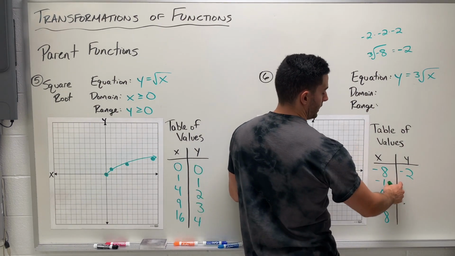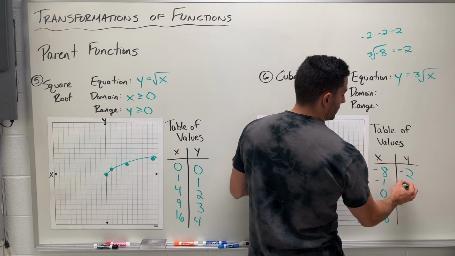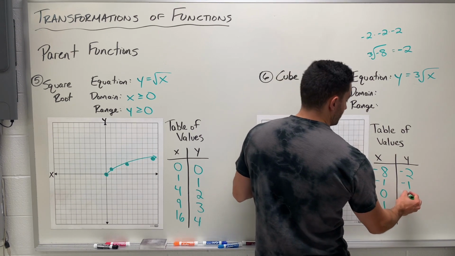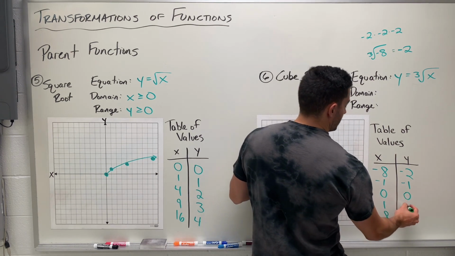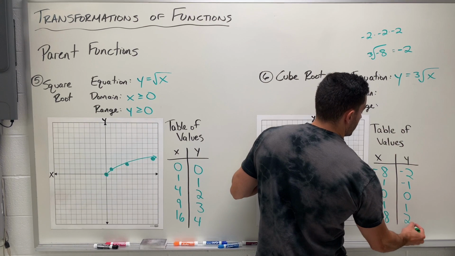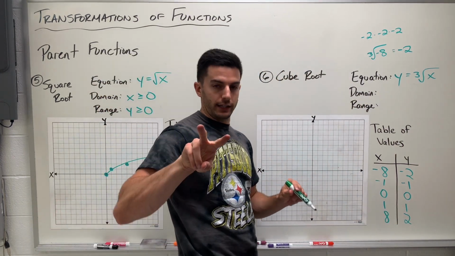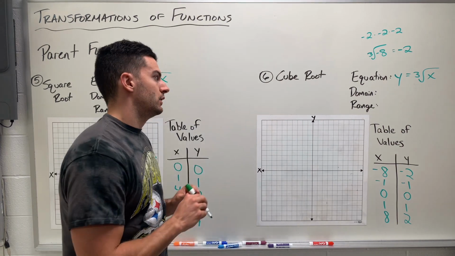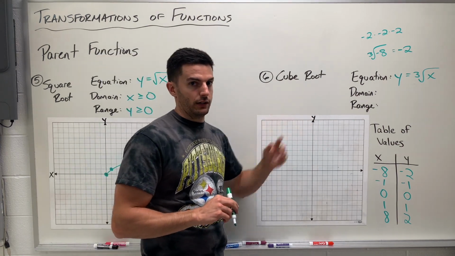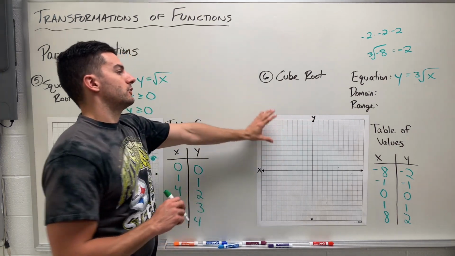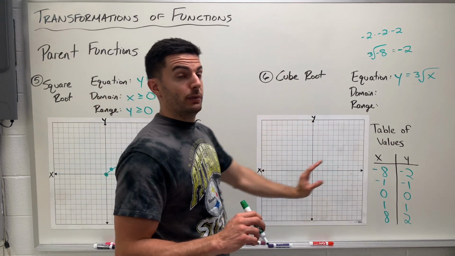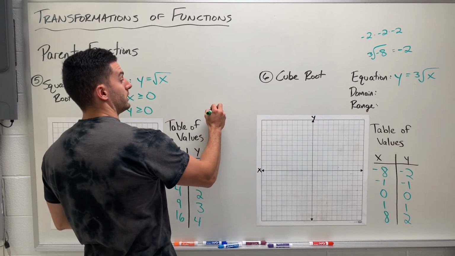So that would mean that if I took the cube root of -1, I would get -1. Cube root of 0 is 0. Cube root of 1 is 1. And the cube root of 8 is 2, okay? So you can see it's the exact inverse of the cubic function, and that's helpful to remember too. And so you're going to see those graphs. Remember, the cubic graph looked like this,